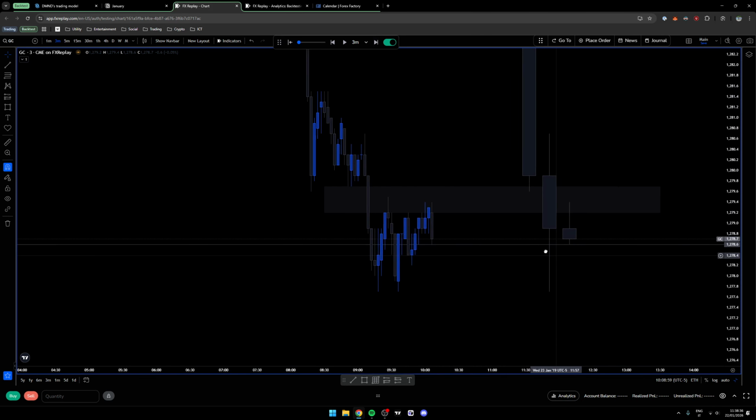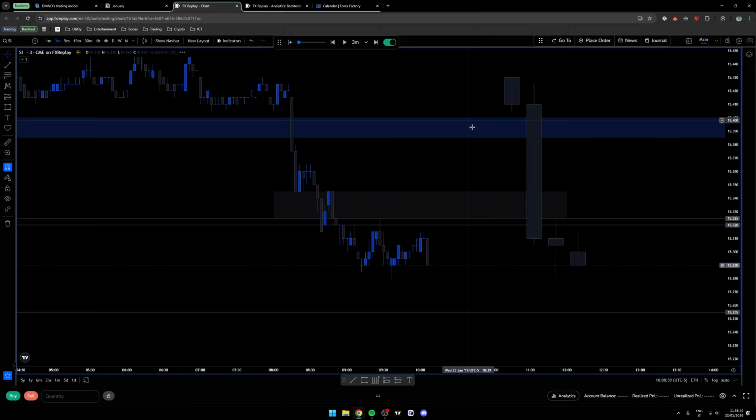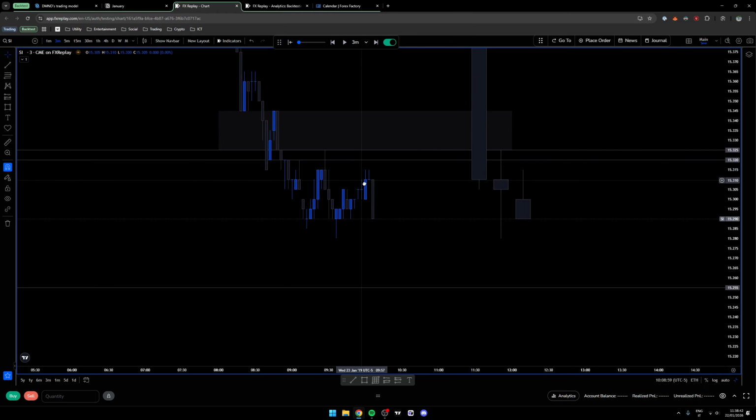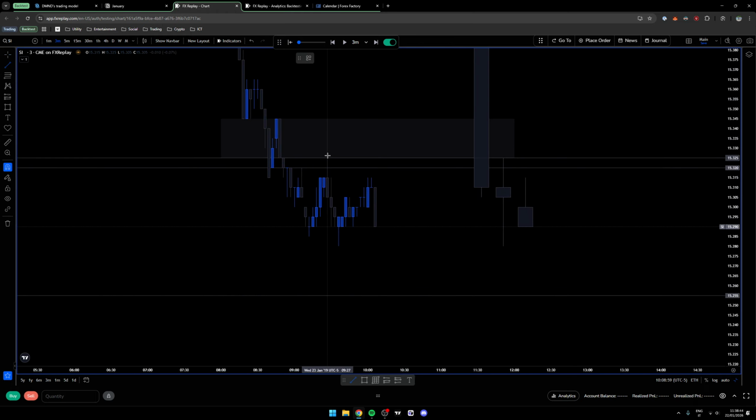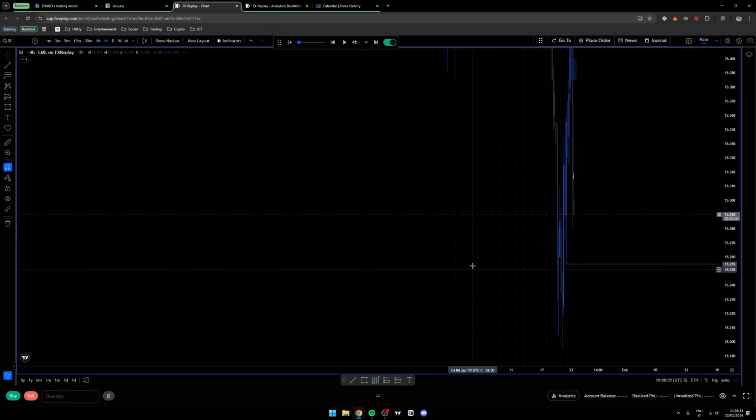So we hit this gap. Oh, let me see. 10. Okay, we hit this gap, V shape. Ooh, this looks so good. There's SMT fill. I'm not sure about this, but even that's the lowest point of the day. I just know it's gonna get to this low.